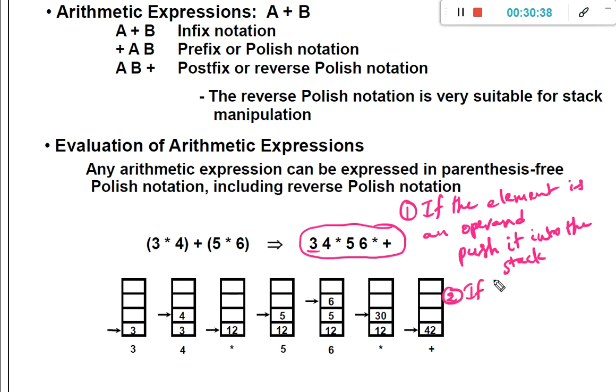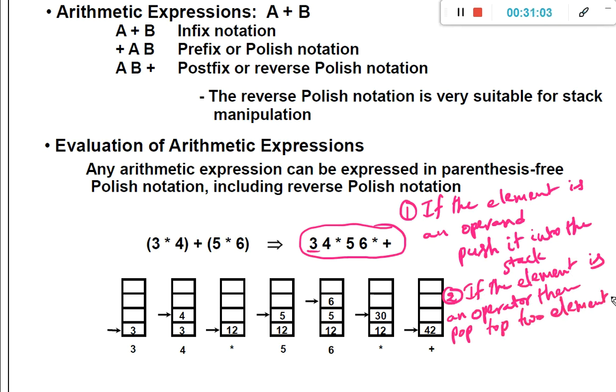Rule number two: if the element is an operator, then pop the top two elements, perform the operation, and push the result into the stack.